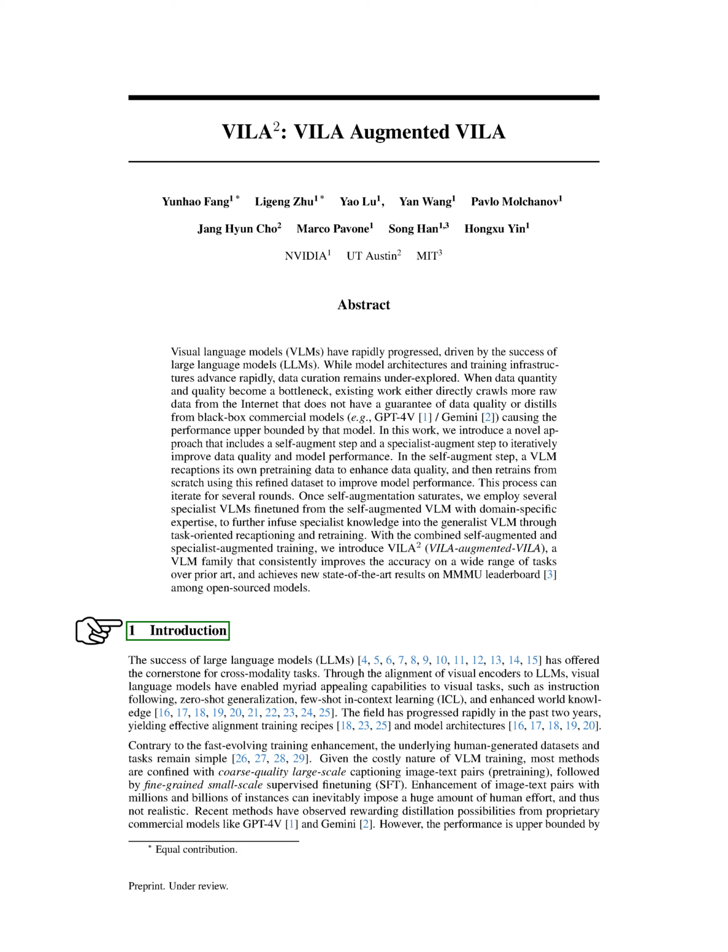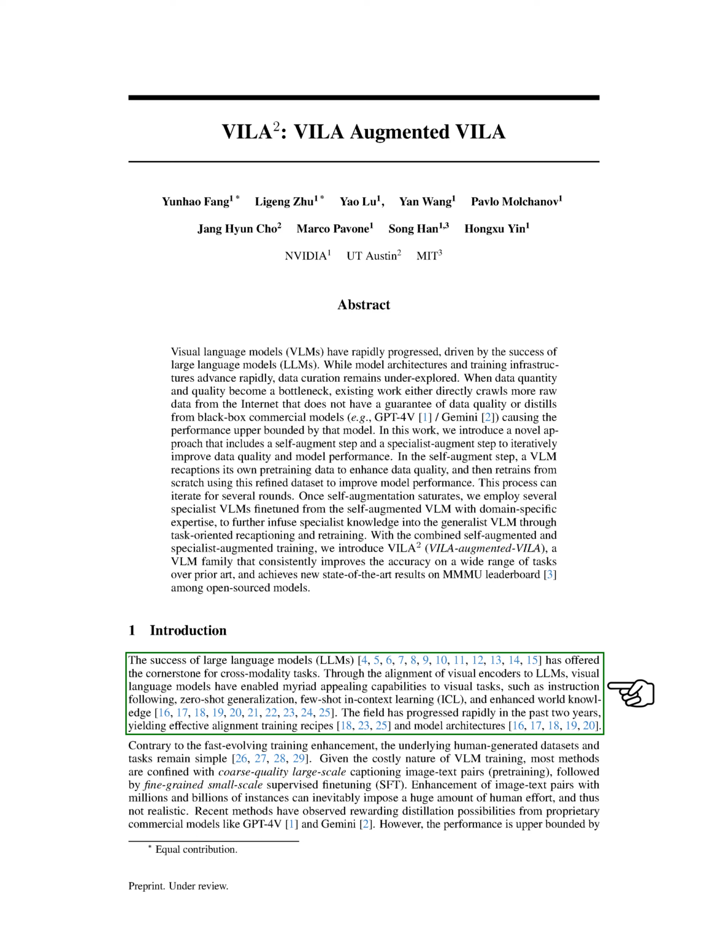Section: Introduction. In this section, we discuss the significant advancements made possible by large language models, LLMs, in cross-modality tasks. By aligning visual encoders with LLMs, we have developed visual language models, VLMs, that offer a range of impressive capabilities for visual tasks. These include following instructions, generalizing without prior examples, learning from a few examples in context, and possessing enhanced world knowledge. Over the past 2 years, the field has seen rapid progress, leading to effective training methods and